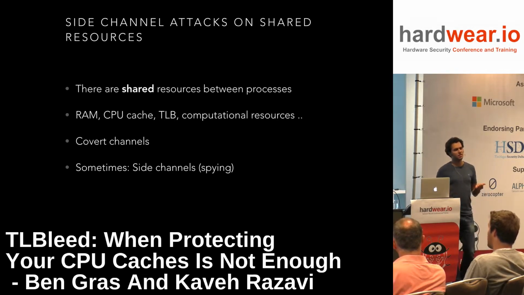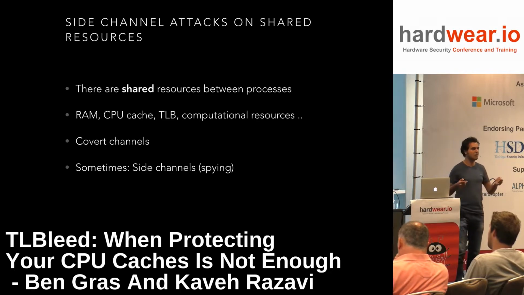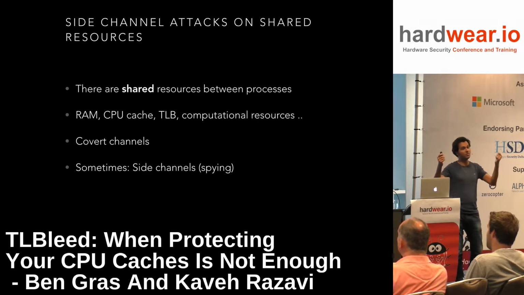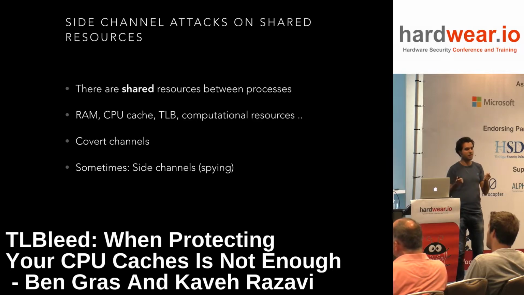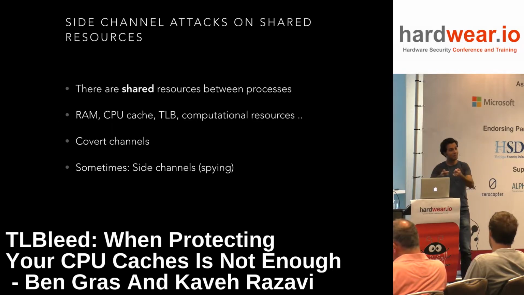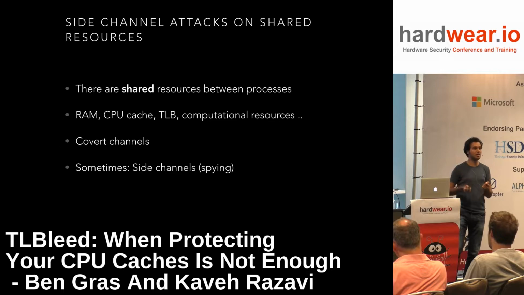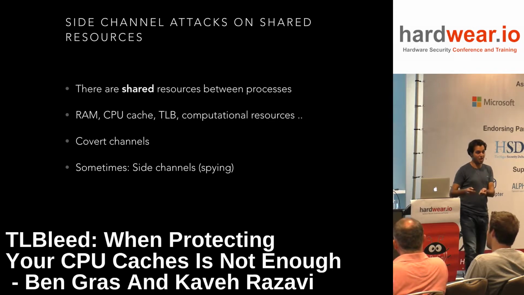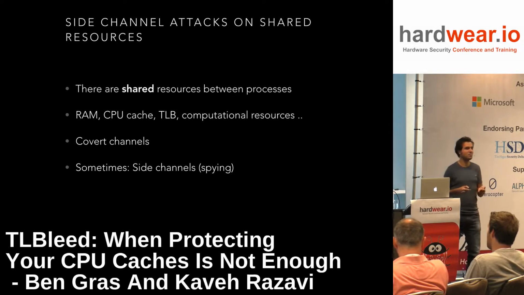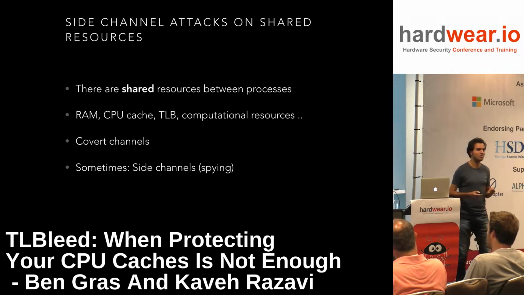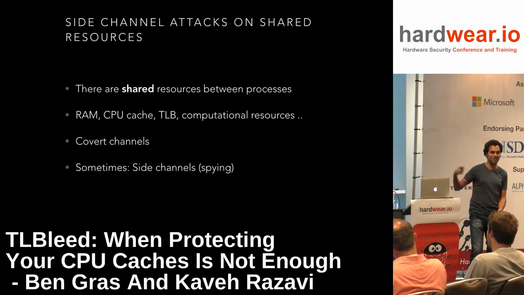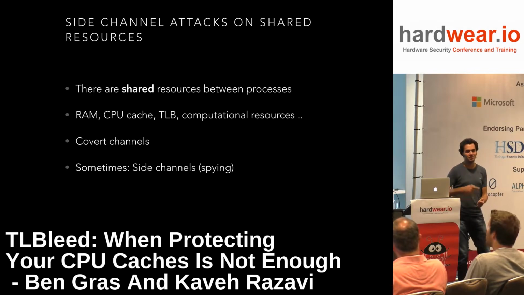But it's not always the case that you want to leak something. Sometimes you don't want to allow two different processes, for example, to communicate with each other directly. But by using this shared medium, they could indirectly communicate. If there is a shared medium and I start to use it, then the other entity that wants to use it wouldn't be able to use it as fast. This principle could be used to build a communication channel. Whenever I want to send a 1 bit, I start using it, and the other entity will know that I'm using it, which means I'm sending a 1 bit.